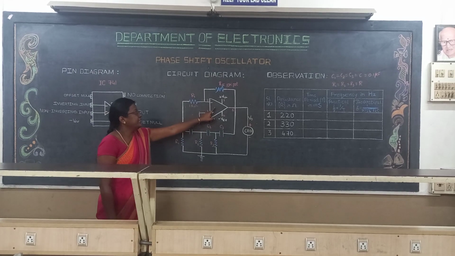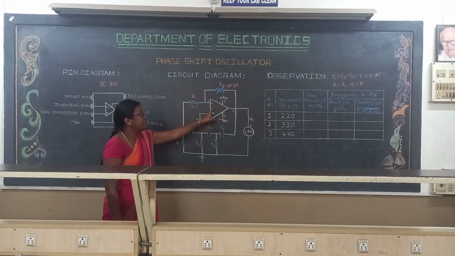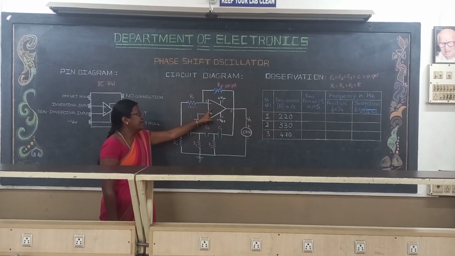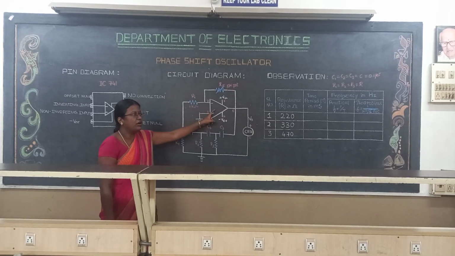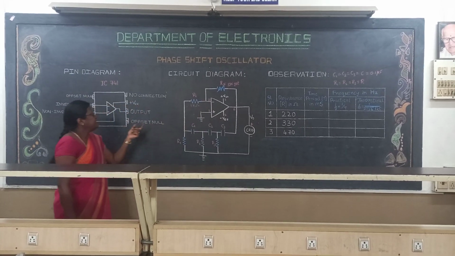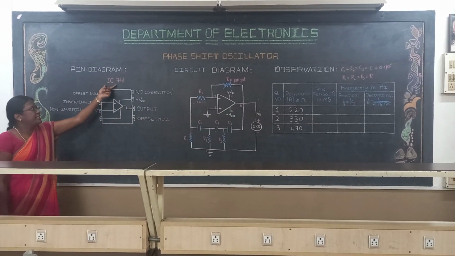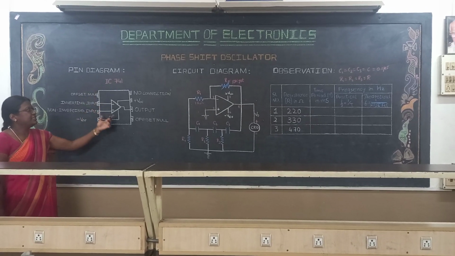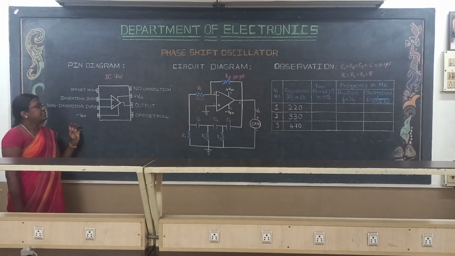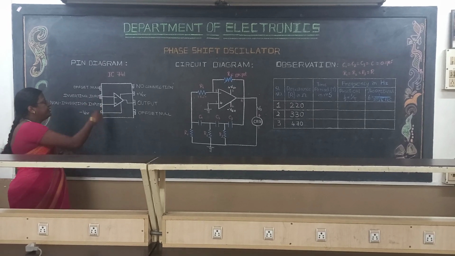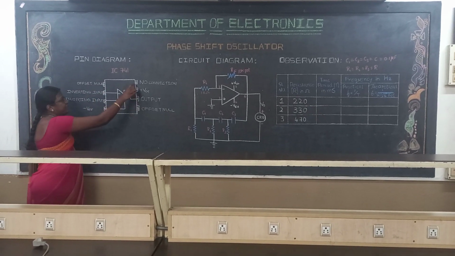To construct an inverting amplifier, we are making use of an inverting amplifier which is constructed using an op-amp. So IC 741 is the op-amp IC, that's why we are using that IC in this experiment. IC 741 is an 8-pin IC. You may observe it is an 8-pin IC.